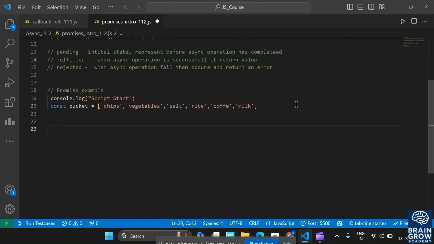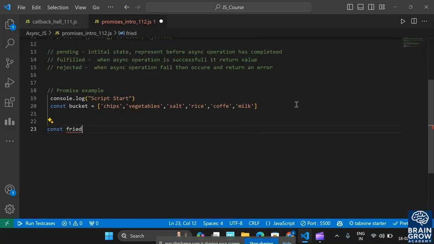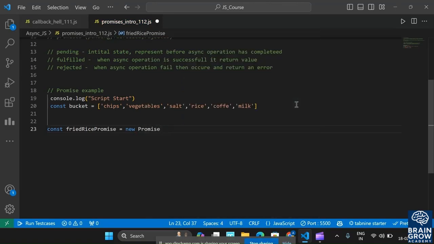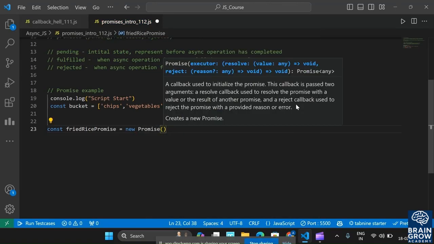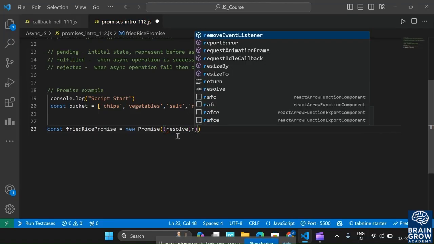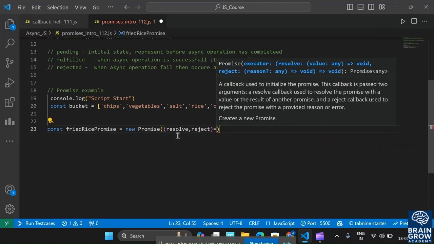So let's create one promise, const fried rice promise, and to create a promise we use the new keyword and then Promise. You can see that inside the promise it has resolve and reject. So pass the resolve and reject,